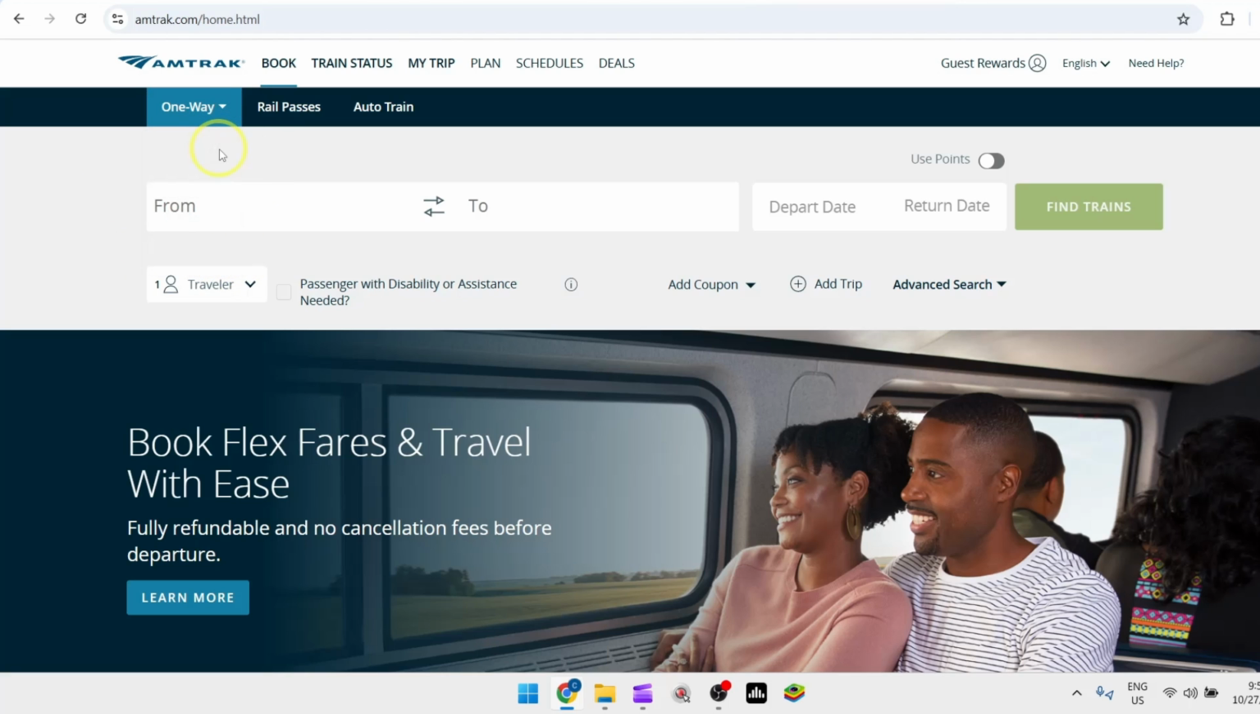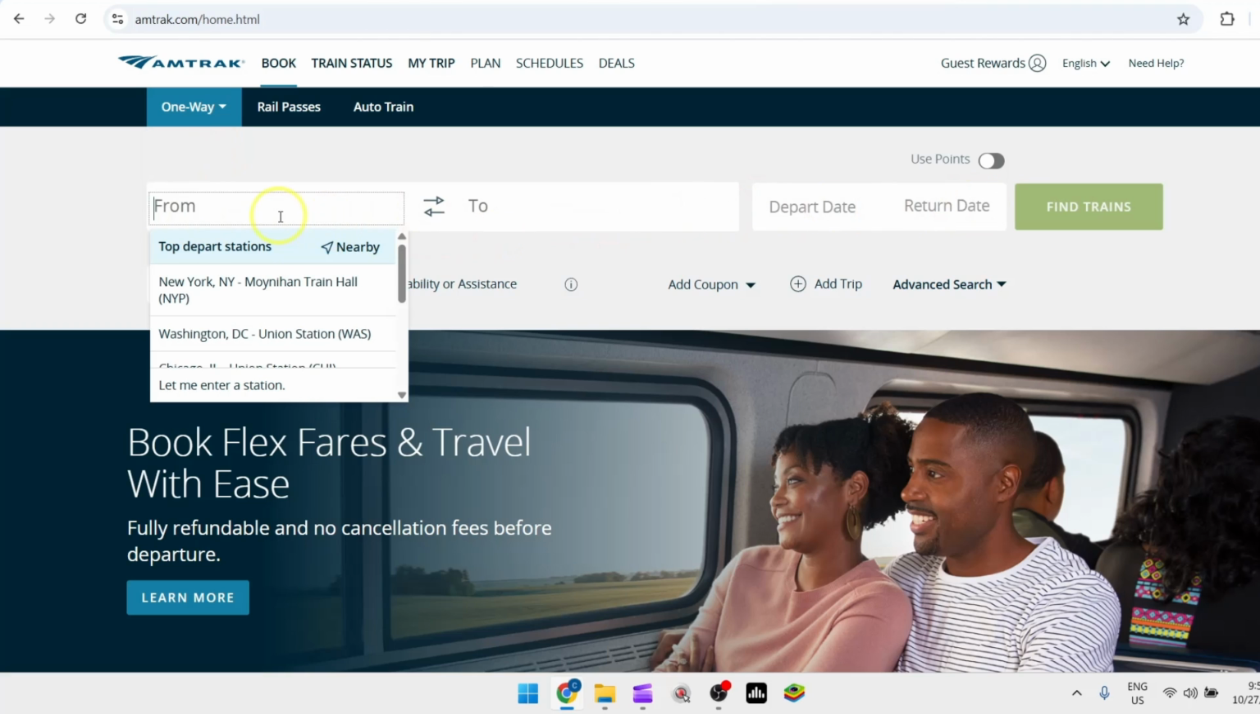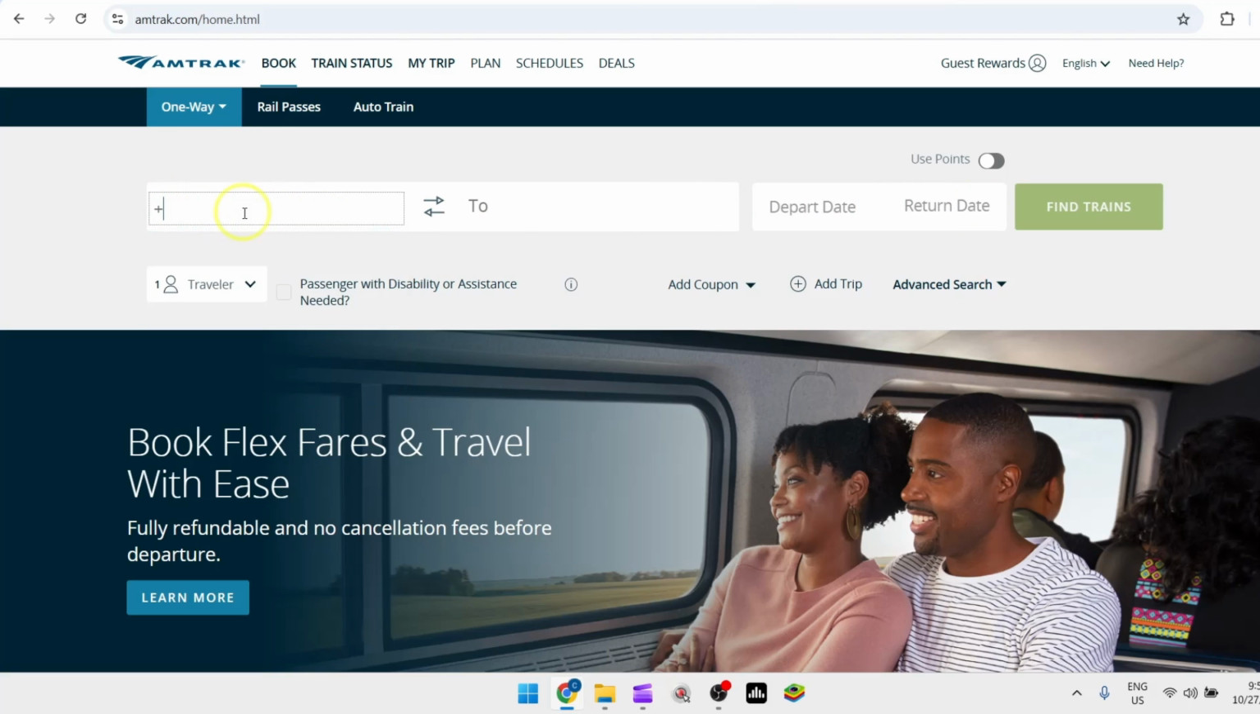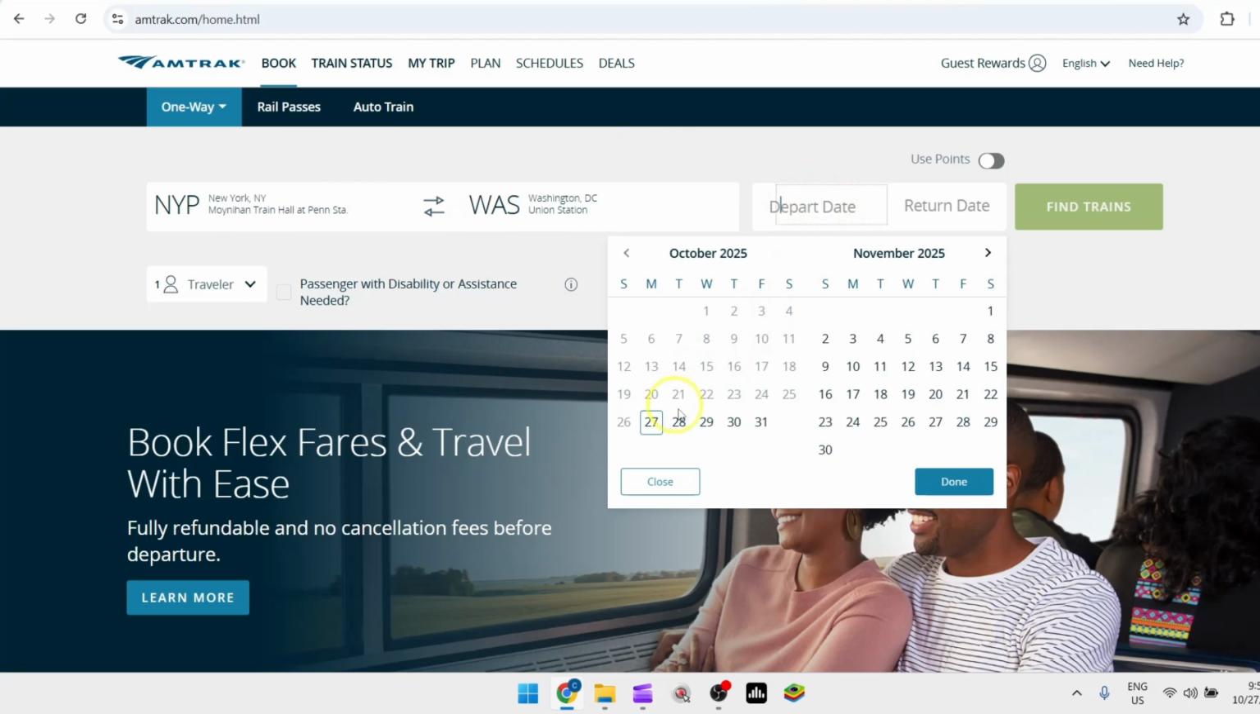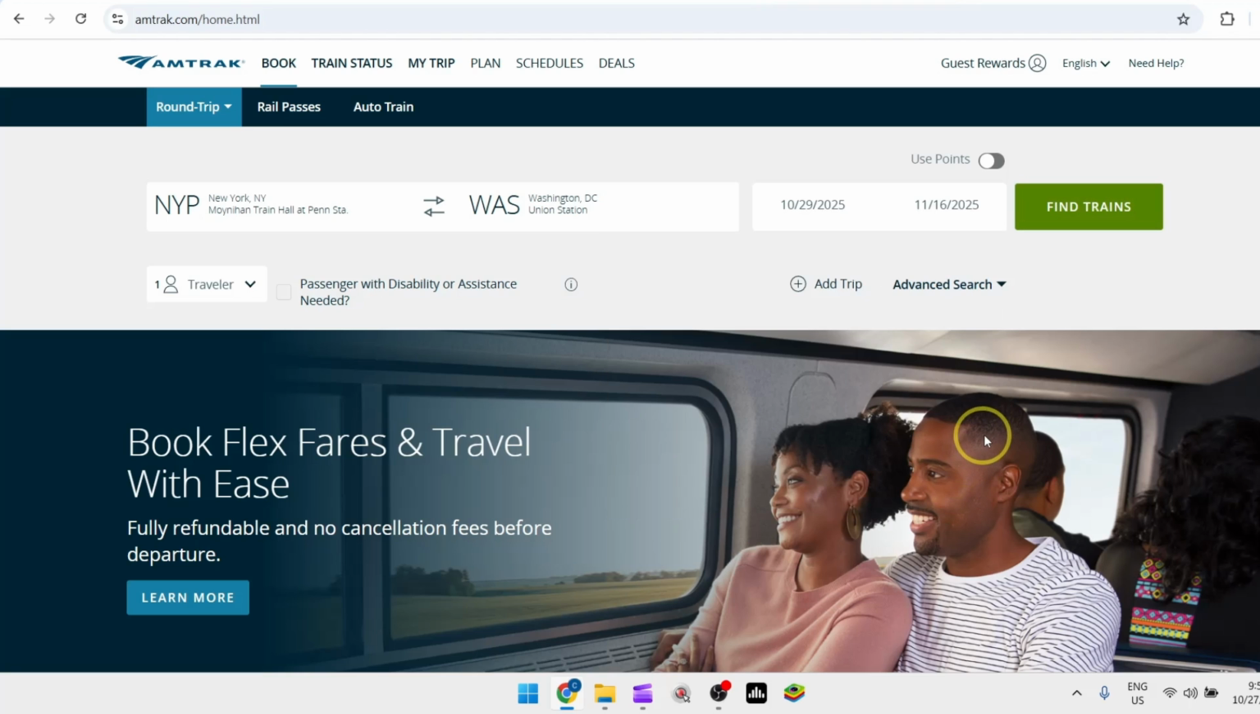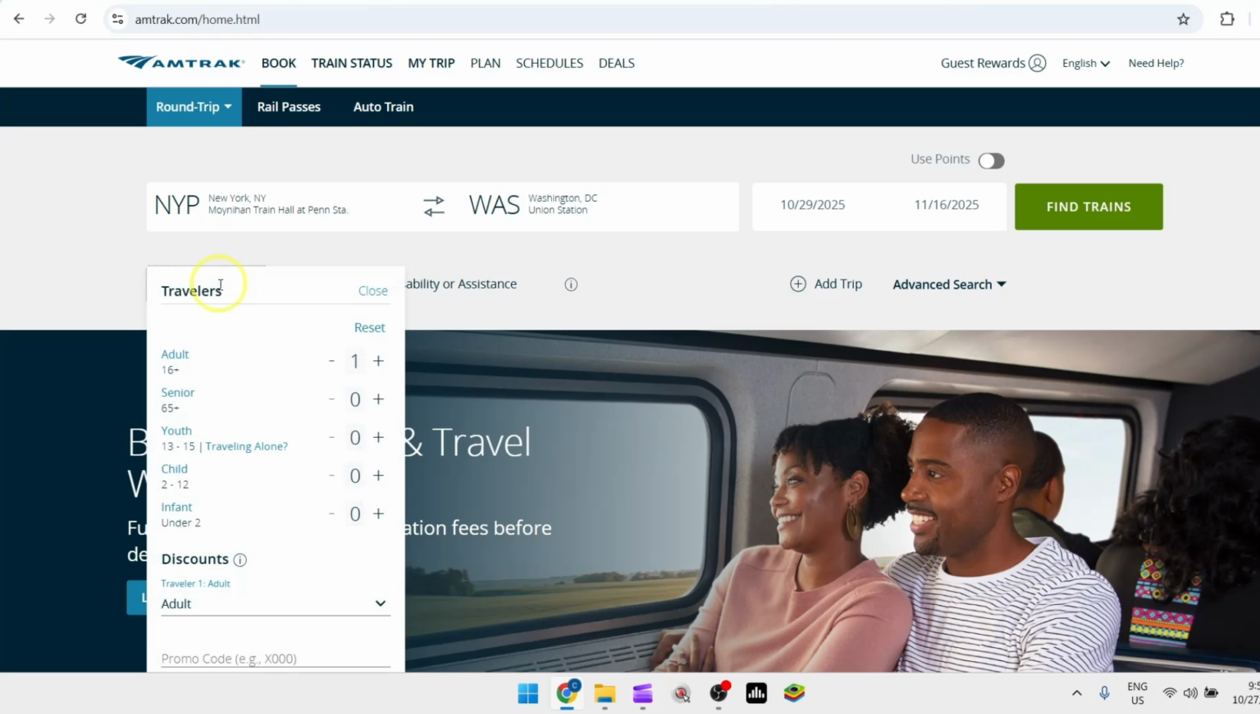Then click on your choice and here use the search bar first by adding the location where you're coming from. Then of course the location you're going to. Then next add in your departure date and of course your return date. Then click on done. And from there of course choose how many travelers will be on board, add in how